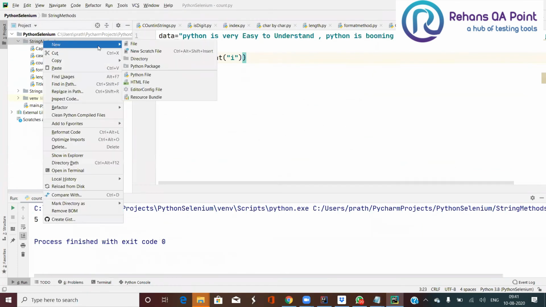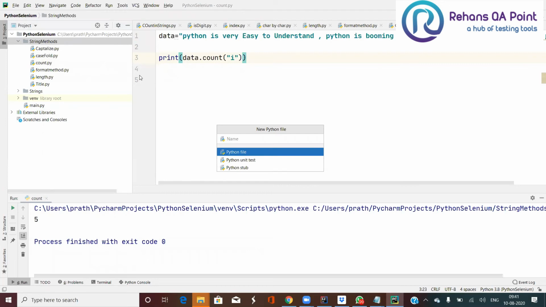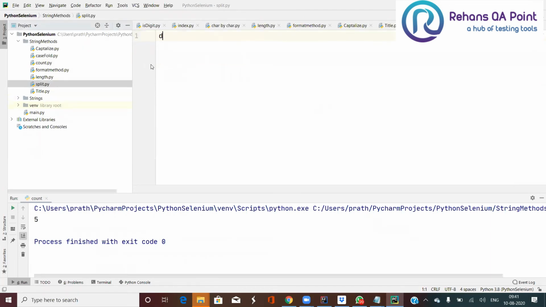So let me create a new Python file and name it split method. I have data is equal to America, Japan, and India. Now break the string and print them word by word.